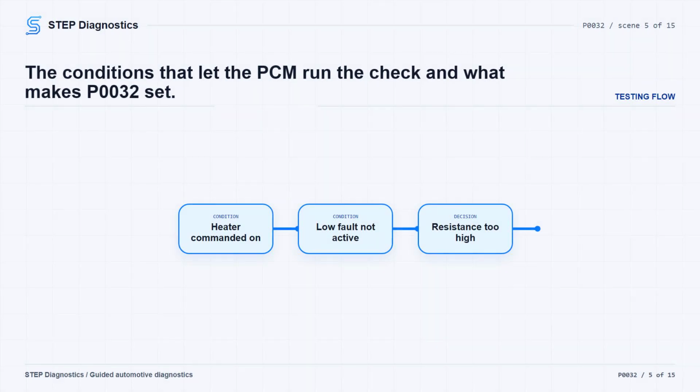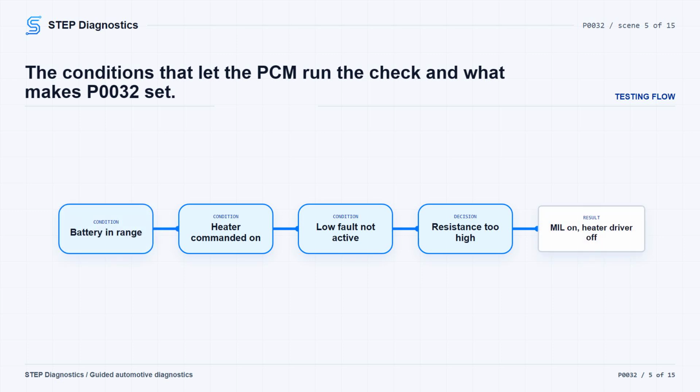Before testing, understand the monitor. This fault is checked when battery voltage is between 10.5 and 15.75 volts. The O2 sensor heater is commanded on, and the heater circuit low fault is not active. P0032 sets when the PCM detects O2 sensor 1/1 heater circuit resistance above approximately 35.0 ohms. When that happens, the MIL will illuminate, and the PCM will disable the O2 sensor heater driver for the rest